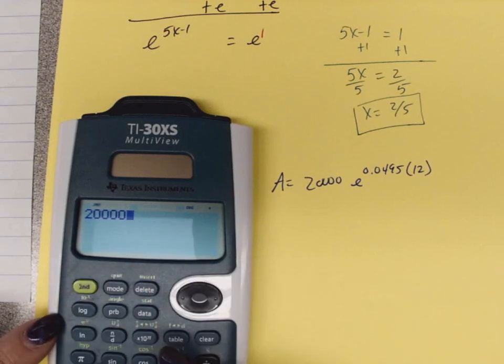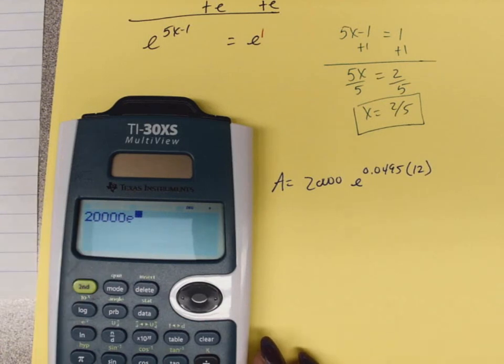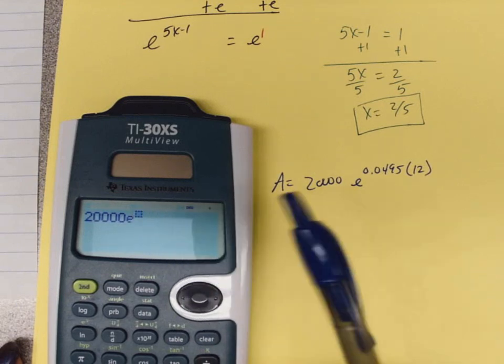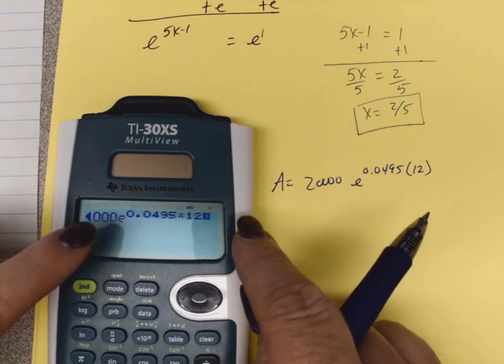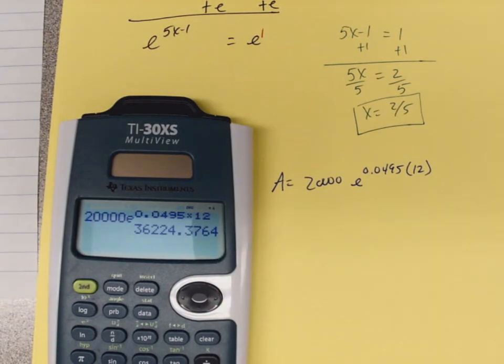So I'm going to do second button to get the green, and I get e to the box. Mine gives a box for some students. If you have an old TI-83 and an old TI-84, you might get parentheses, so do watch out what's happening there. So I'm going to put in 0.0495 times my 12, and then if you have where it does parentheses, make sure you close the parentheses there. But I'm going to hit enter,